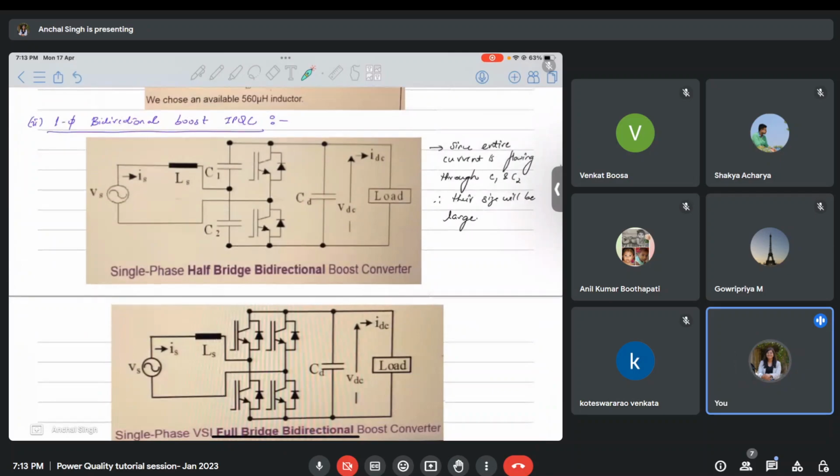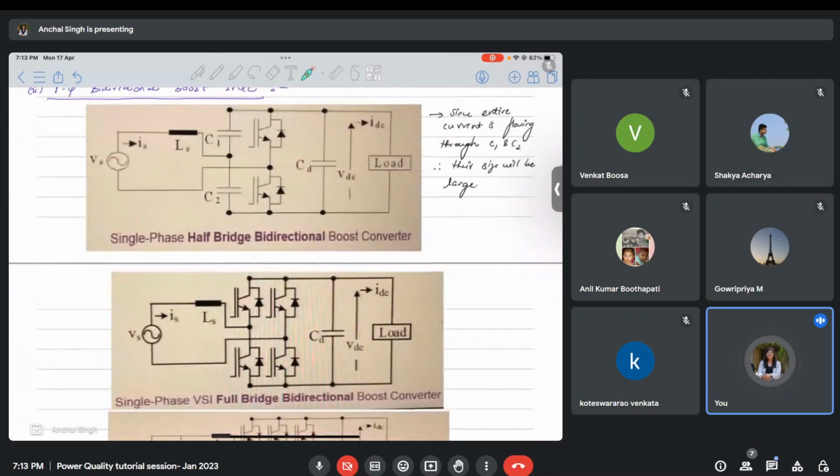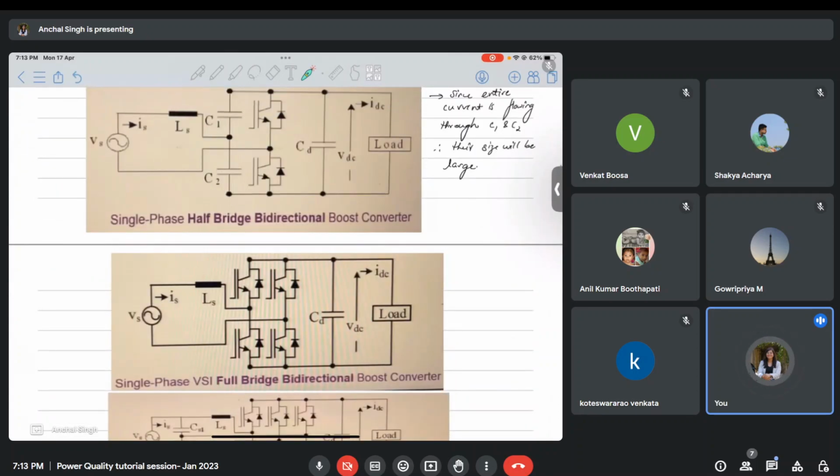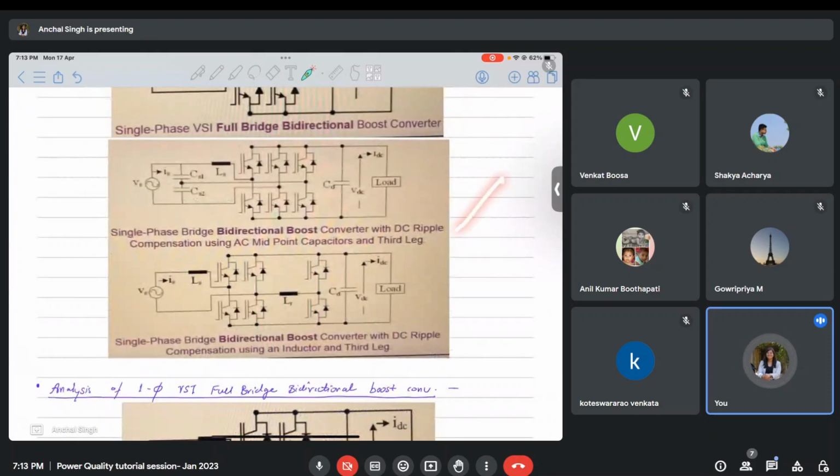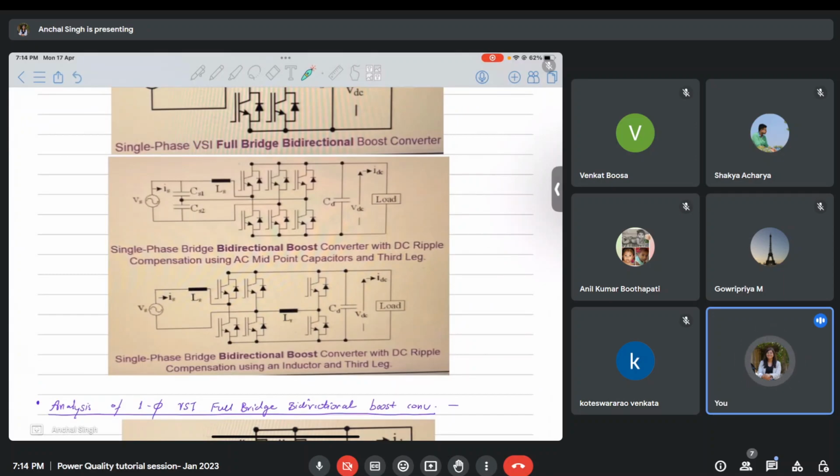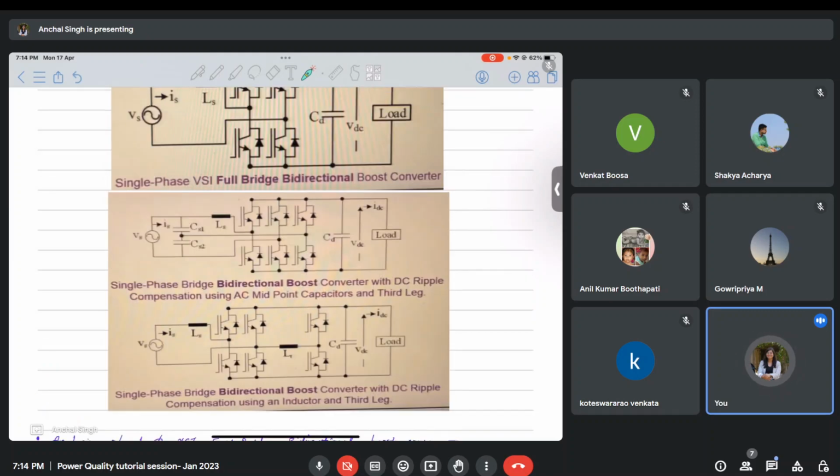Okay. So then this is again a bidirectional boost converter for bidirectional power conversion. Then this is half bridge based, this is full bridge based. Don't get confused by reading all these topologies. The basic principle behind all these topologies just tells you that there are a lot of topologies available, and another thing that they tell you is that you could analyze any random circuit given to you using the same basic principle. So just use these multiple topologies to do the analysis. You can use any major textbook.